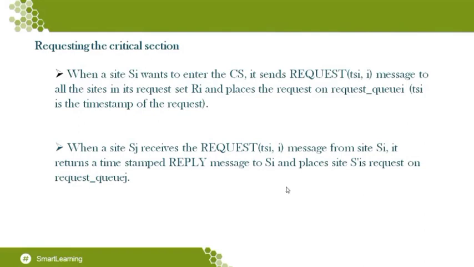Okay, so it will send a message to all the members in the request set. The request which it is sending out will have two values. One value is the timestamp, and the other one is its identity. This timestamp tells which site is privileged to enter the critical section. Whichever site has the lower timestamp will be privileged to enter the